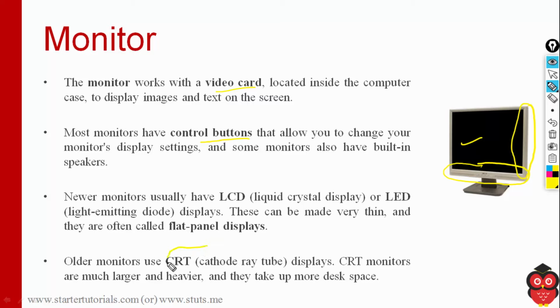In olden days, the monitors that were used are called CRT monitors or CRT displays. CRT means cathode ray tube. These devices are bulkier, that means they are heavy. You can't move them easily from one place to another place. Nowadays, all the displays we see are flat panel displays. Some of them contain LCDs, liquid crystal display, or another category is LED displays, which are called light emitting diode displays. Both of these are flat displays. They are easy to move around. Let's move on.